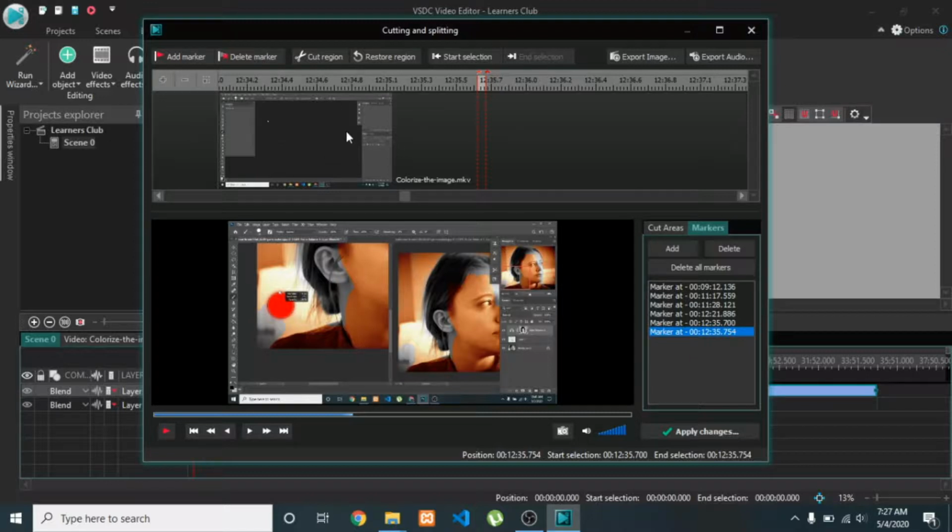And what add marker does is it helps to set marker for different parts of the video, and later on you will trim the video at once.